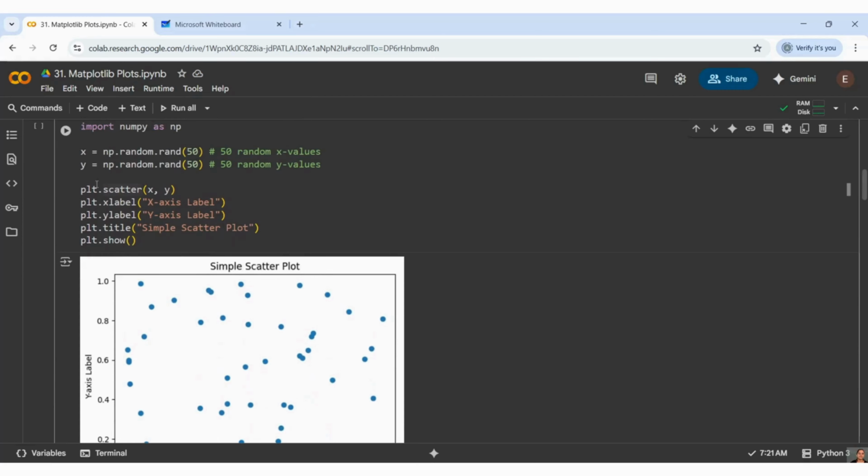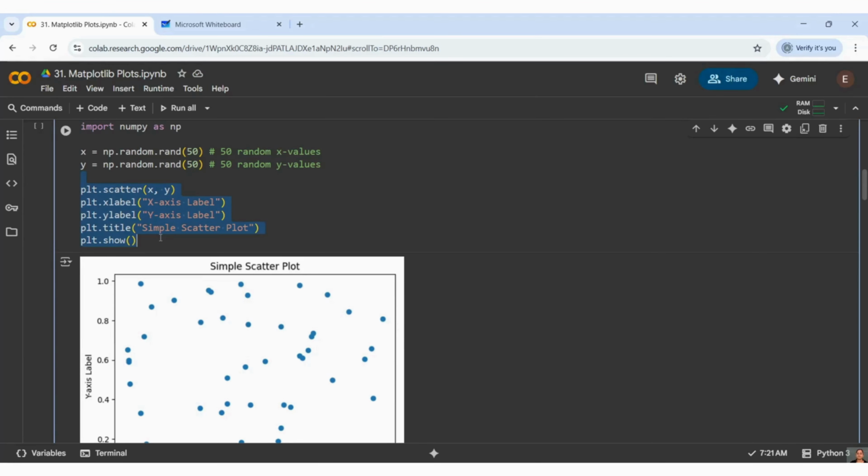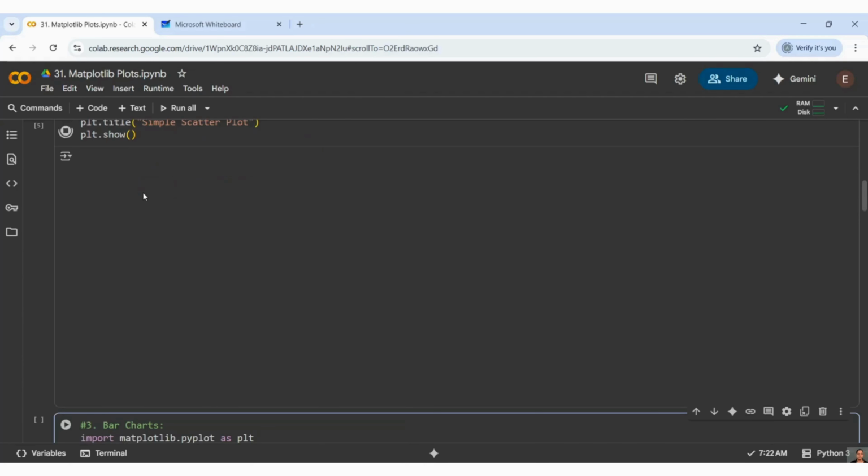Here I am using plt.scatter, directly telling it that I want the scatter plot, and I am passing x and y because these are the two values. Based on that it will draw, right? Then I am setting xlabel, ylabel, and title. So all I can say is that this is the sequence of any Matplotlib plot. If you want to draw any Matplotlib plot, this should be the sequence. First you have to plot it, then provide your labels and titles, and then show. And this is how I am getting my output.